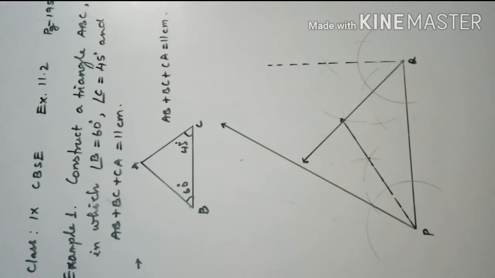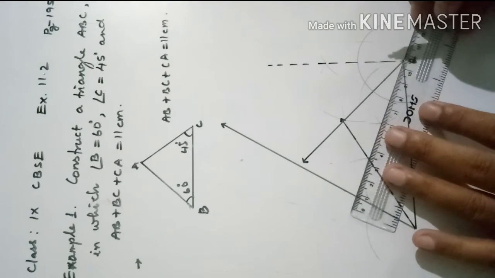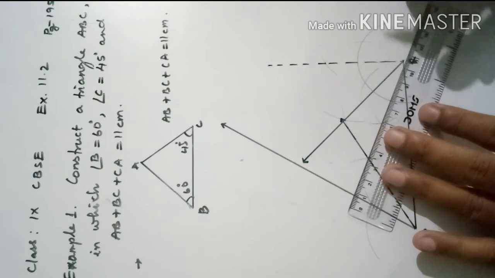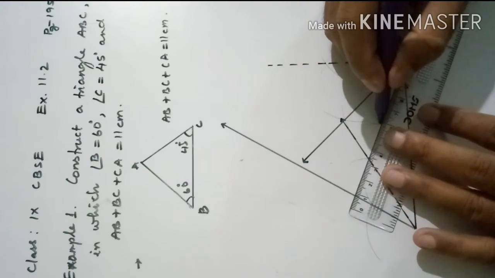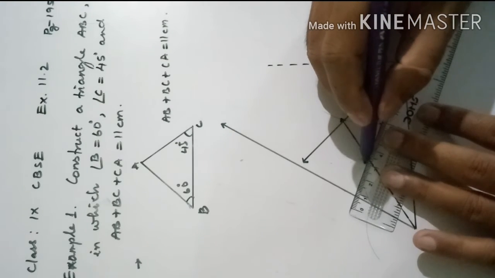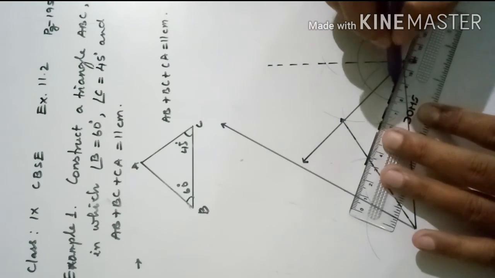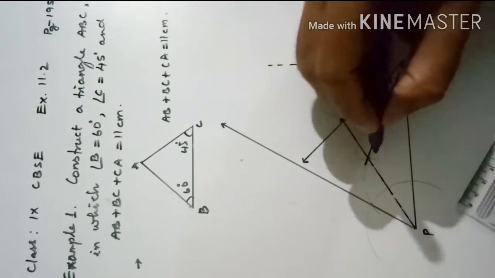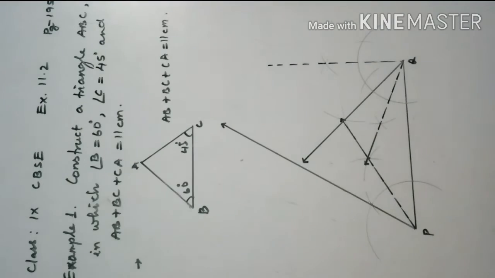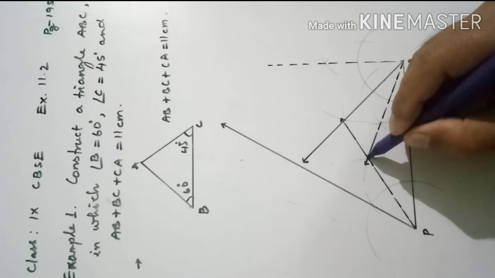Then this will be bisector of 45 degree. Okay, so now the two bisectors meeting at one point, this